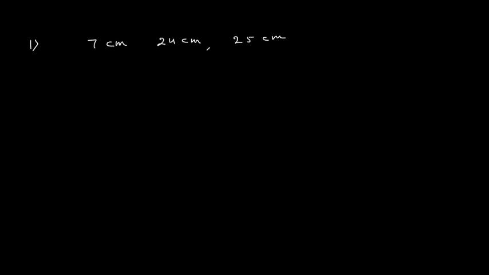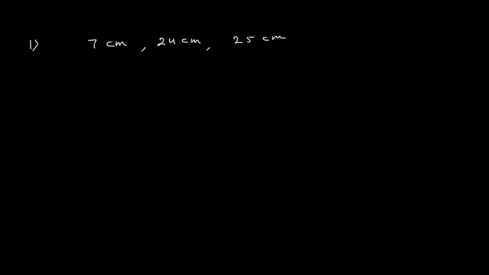We have to check whether these are the lengths of sides of a right angle triangle, and if they are, then I have to find the value of the hypotenuse. Now we know that the hypotenuse is the longest side, and the square of the hypotenuse is equal to the sum of squares of the other two sides. If this problem comes, it will come for 1 mark only, so your solution should be simple. The sum of squares of the two smaller sides should be equal to the square of the larger side.